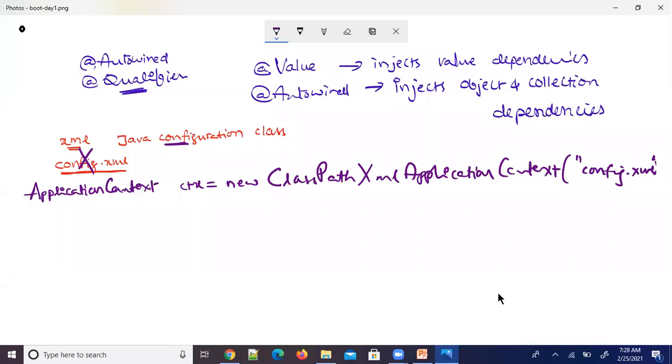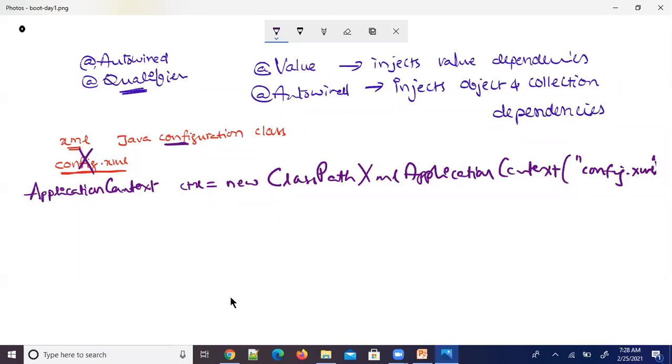These are all basics. You have to know them. These are all the basics that you have to learn. That's what I'm covering here, so that you are not going to face any issues when I'm talking about applications with Spring Boot. Because in Spring Boot, all the configurations are done through annotations only. XML is not allowed in Spring Boot applications. We can't write XML configurations in Spring Boot applications.